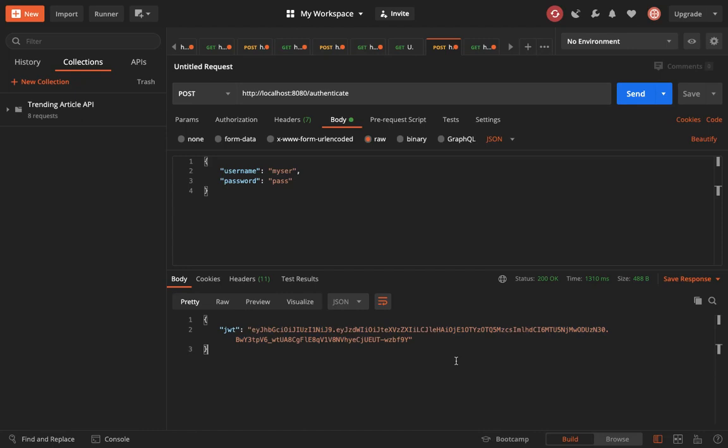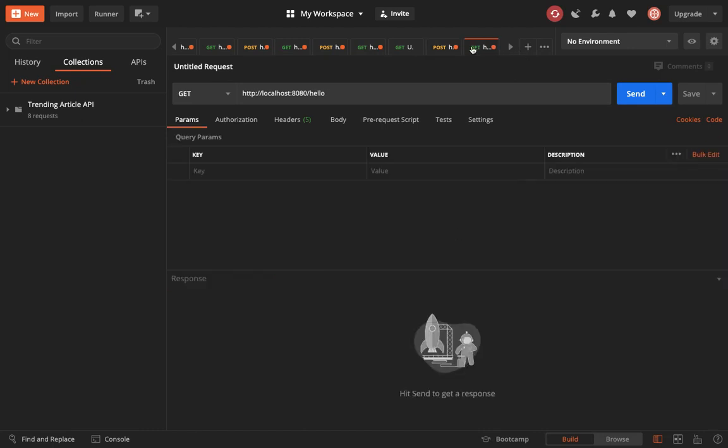Now let's hit the /hello endpoint. Since we are not using any JWT here, this should throw a 403 error.